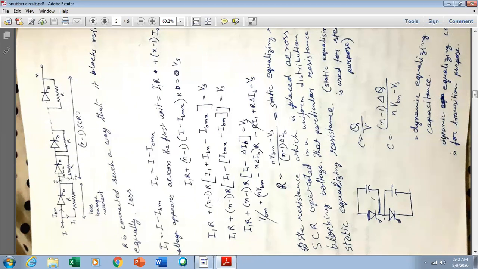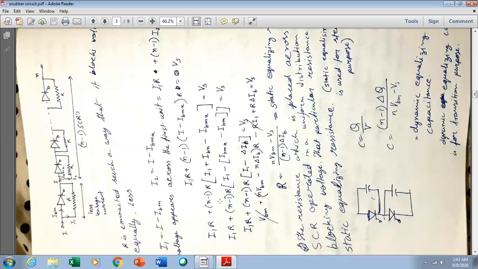So I1R plus n minus 1 into R into (I1 plus IBM minus IBMX), because I is equal to I1 plus IBM, equal to Vs. So from that we can get I1R plus n minus 1 into R into (I1 minus IBMX minus IBM) equal to Vs. And this I1 plus n minus 1 into R into (I1 minus IBMX minus IBM)